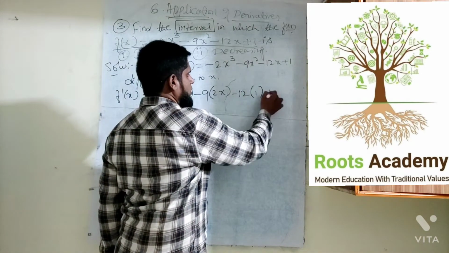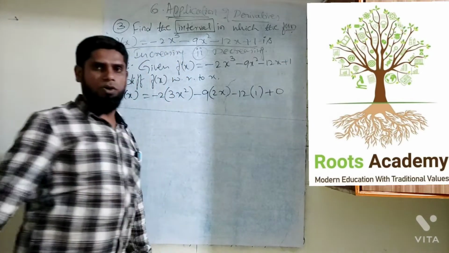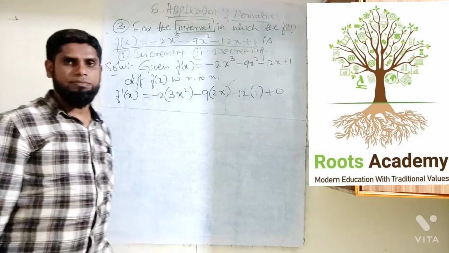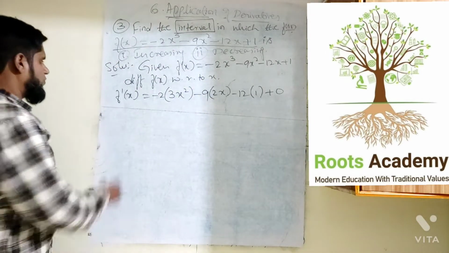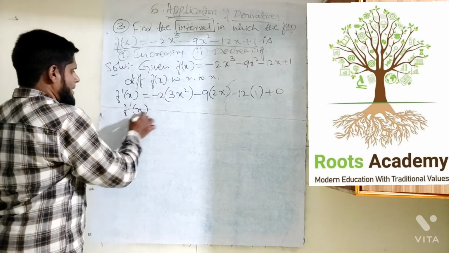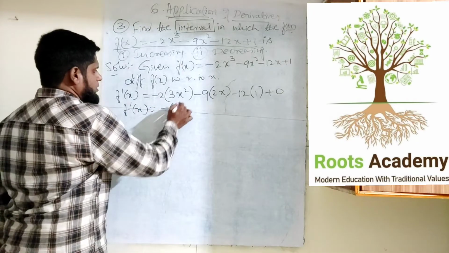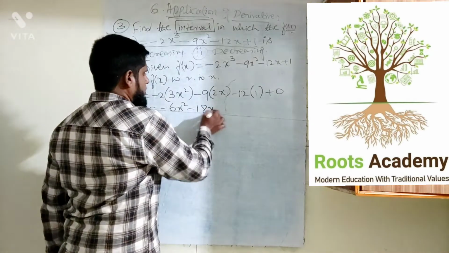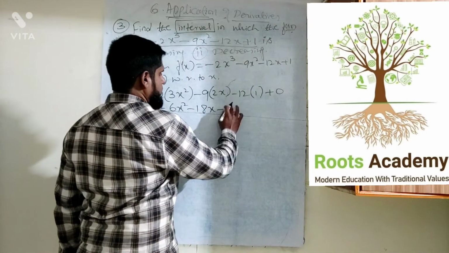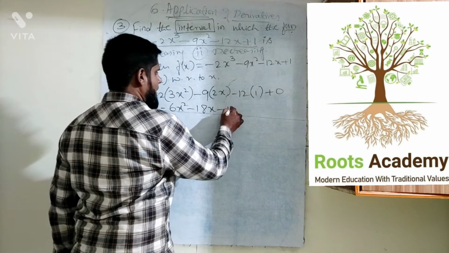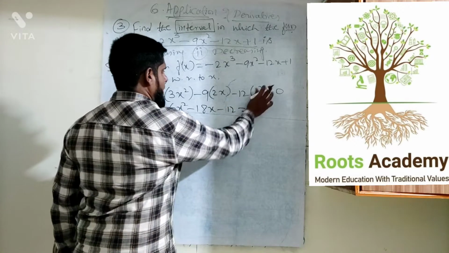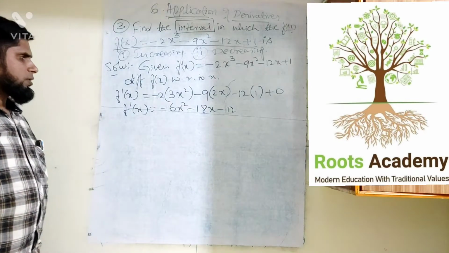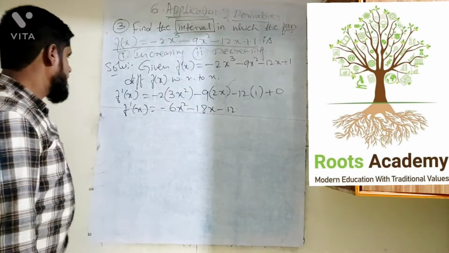The derivative of x is 1, plus 0, because the derivative of any constant is 0. So finally f dash of x is minus 6x square minus 18x minus 12. So if we consider it is 0,